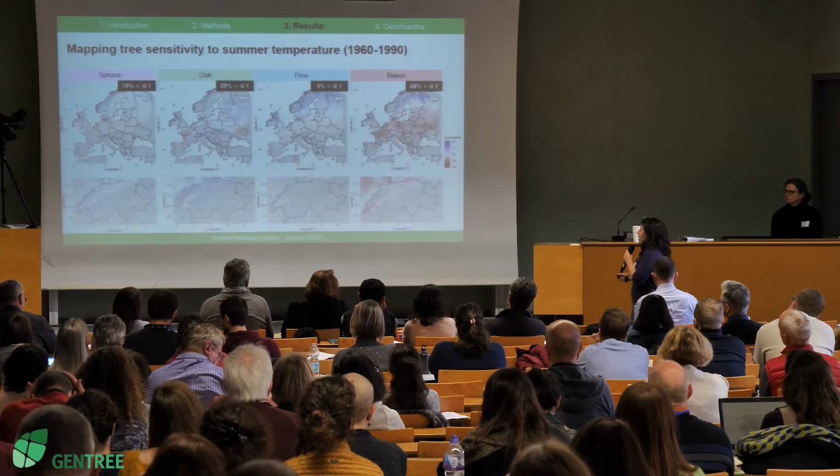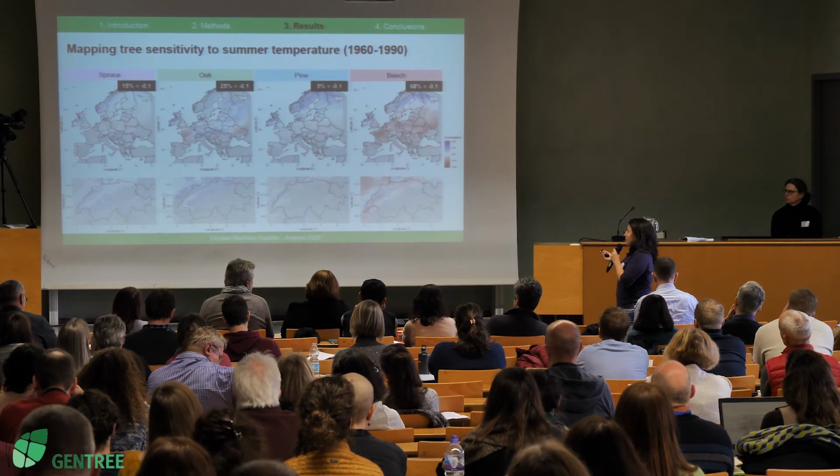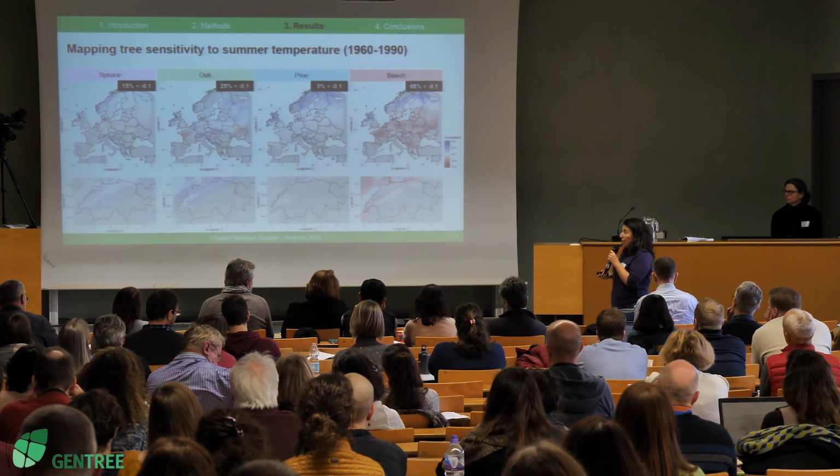It's important to notice that here we are not plotting the distribution area of the species. We are not saying that there is beech growing in high Finland. What we are saying is the climate of Finland during summer might be suitable for, or falls within, the climate space that we define. But maybe winter conditions are not suitable for the species, but we are not accounting for this yet. So the first thing we see in our maps is that large parts of the maps are red,